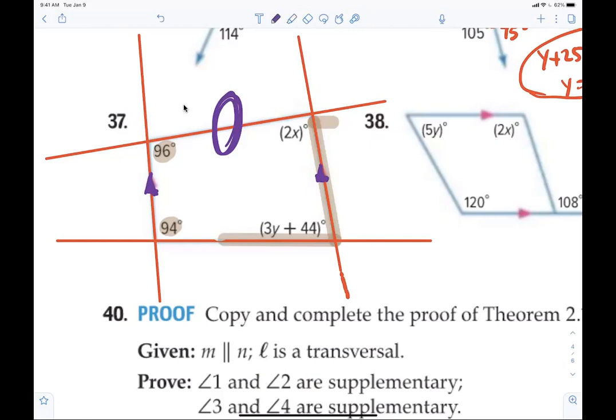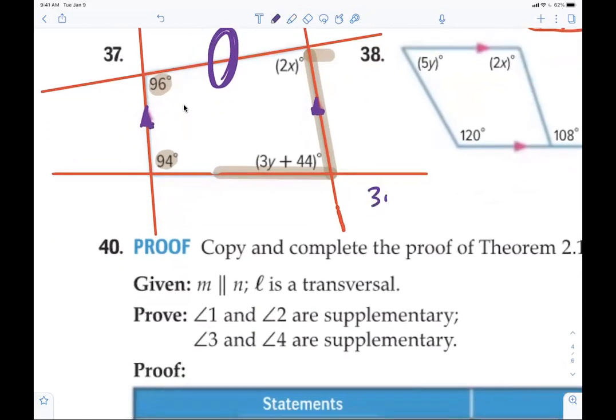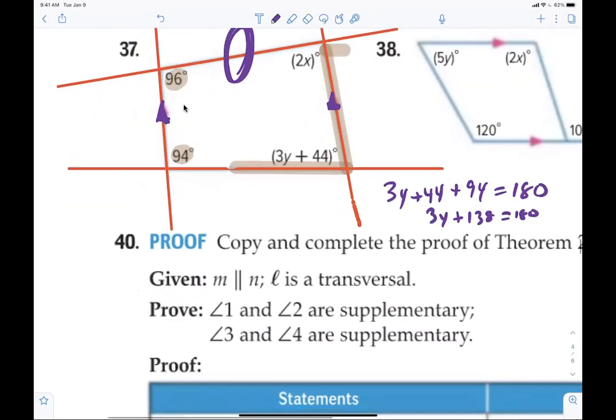So 3y plus 44, help me. 3y plus 44, what? Plus 94 equals 180. So then I have 3y plus, what is that? 138 equals 180. Is that right? So 3y equals 42. So y equals 14. Everybody happy with that? All right, so now